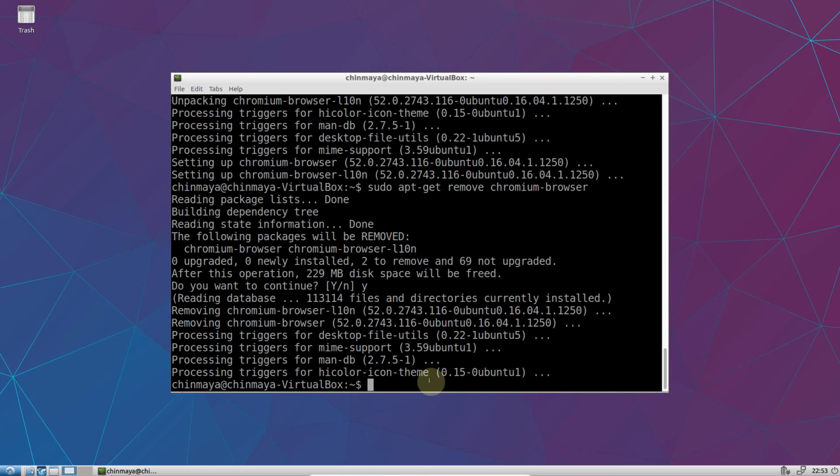Right, so for that example, I already knew that the package name of Chromium was Chromium-browser. But let's say, for example, you don't know the name of your package, but you do know what the name of the application is or what the application needs to do. So for this situation, I can do a command that is